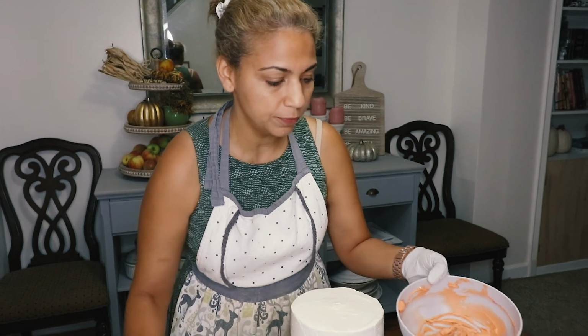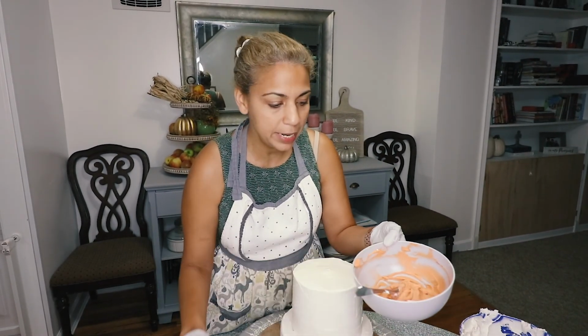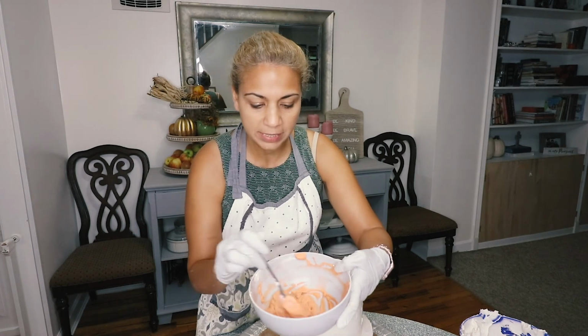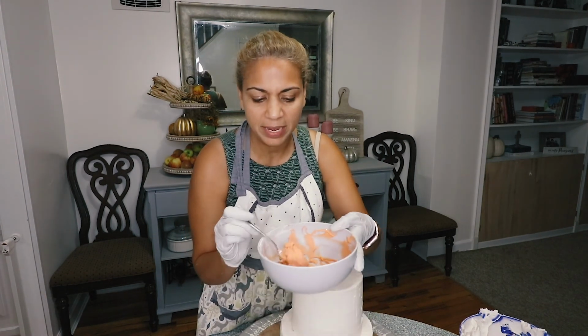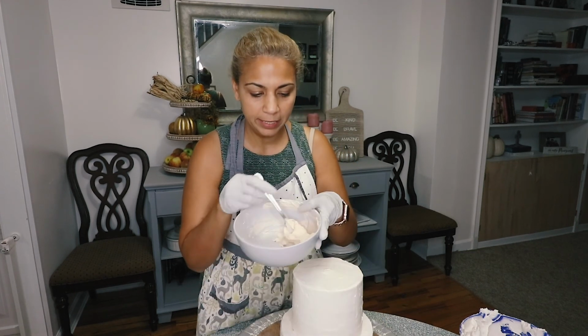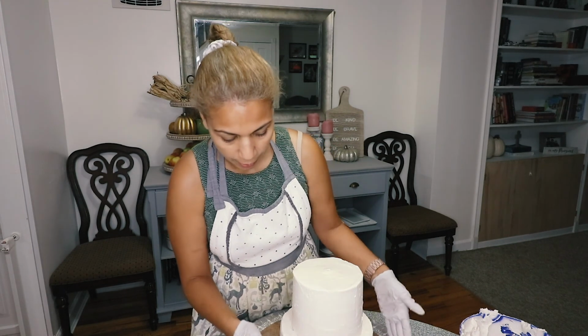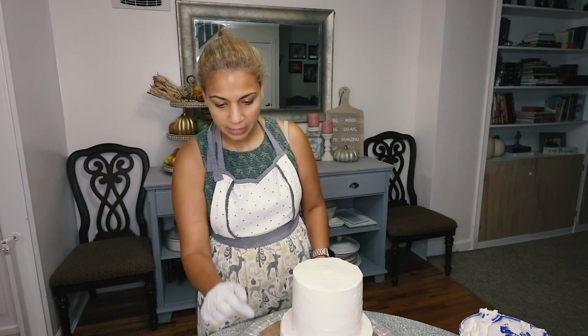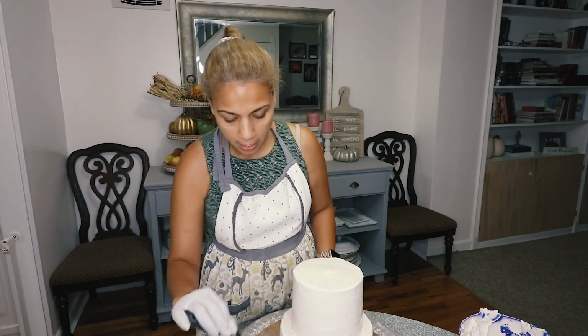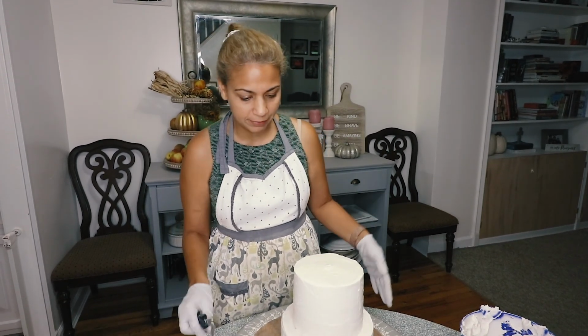So these are the colors for the baby shower. It's a Bohemian baby shower, so it's this green, kind of like a Navajo-ish color, I would say, and this off-white cream color. So I'm going to start painting these with my spatula to decorate and create these kind of feathery leaves